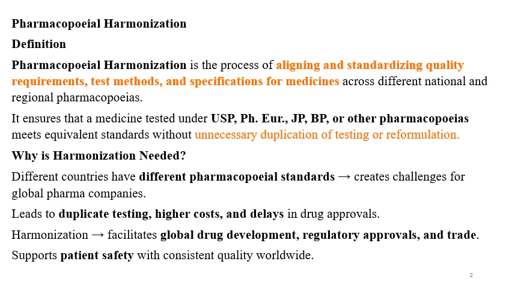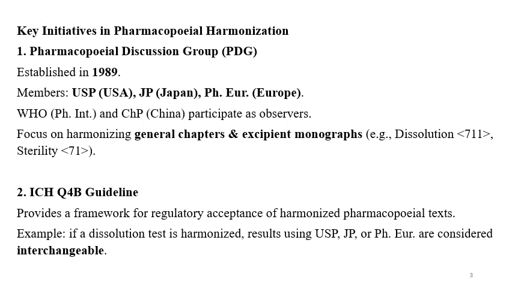Let's say, for example, the USP monograph provides the dissolution with 20 minutes or 30 minutes as a Q point, and BP provides 45 minutes as the Q point. So if the product is developed as per BP standards and if it is not meeting the USP standards, it will lead to reformulation. But if both the pharmacopoeias have the same requirement, it will save the time and the resources.